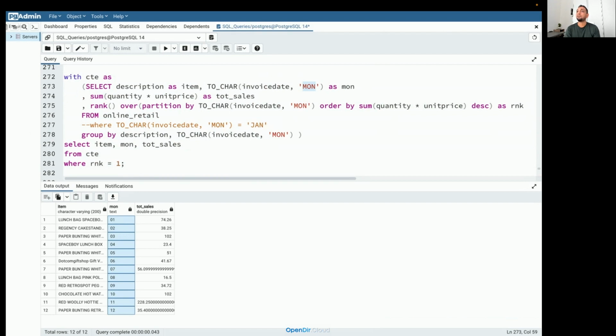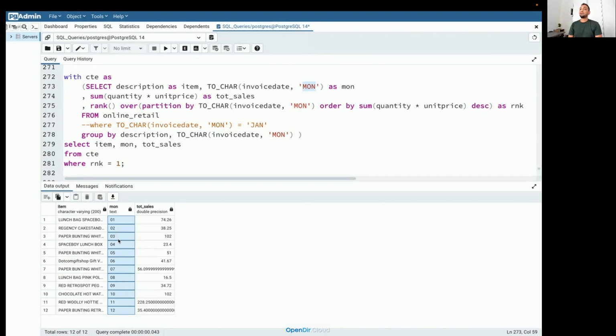Can we have a hidden column but use it to sort? Okay, good question here. As far as I know, when you're doing a sorting, that column has to be there in your select clause. If you try to sort the data based on a column which is not present in a select clause, then it's going to throw an error. Because what is sorting? What is order by? Basically, it's sorting the data based on the columns that is displayed here. If you try to sort the data based on the column that is not even displayed here, how will SQL do the sorting? So that's not going to work.